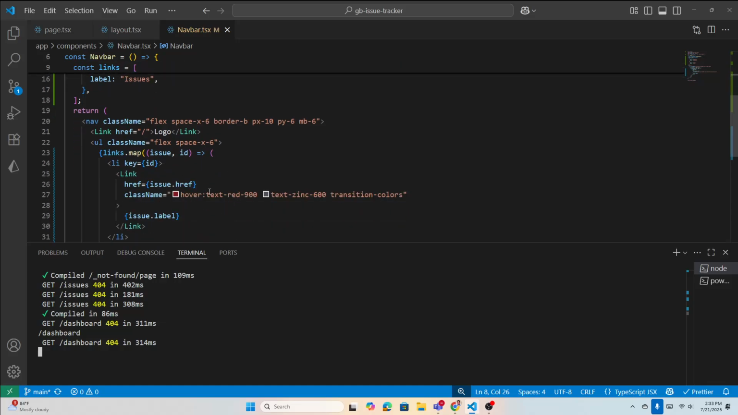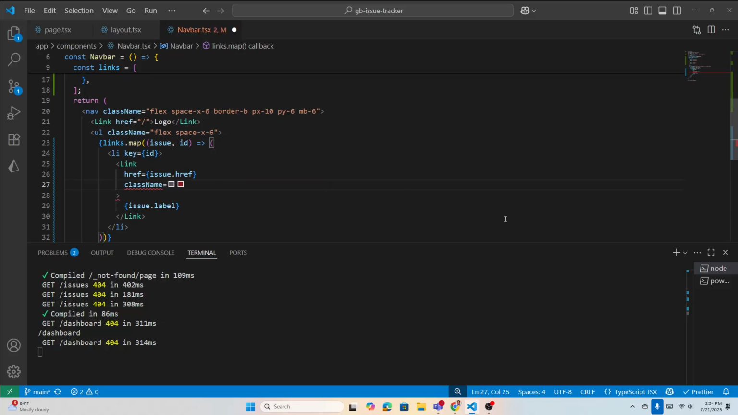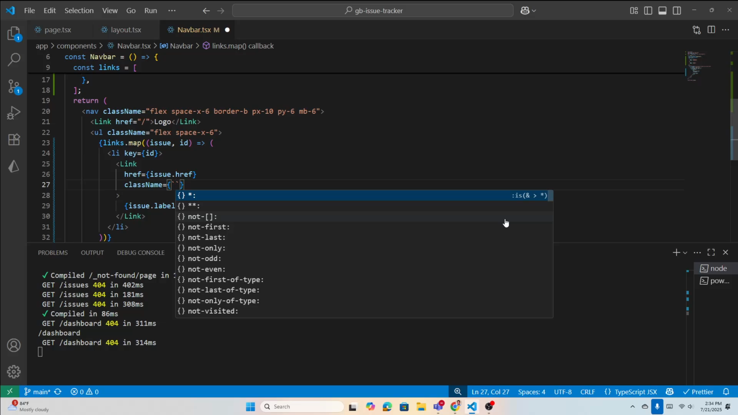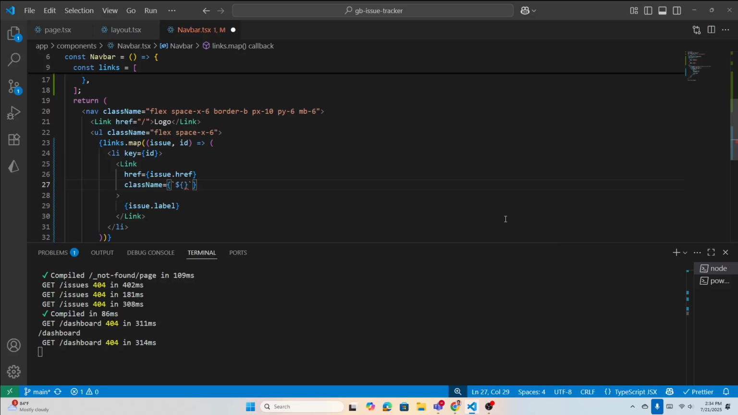So now it's time to improve this code, like when will this be displayed, right? That's the question. So what I will do, I'm going to copy this whole thing, okay? And I will put a curly bracket because I need to put some classes based on some condition, I need to write some CSS. So here, I say dollar symbol, right? I'm saying if the issue dot href is equal to current path name, right? If that is true,